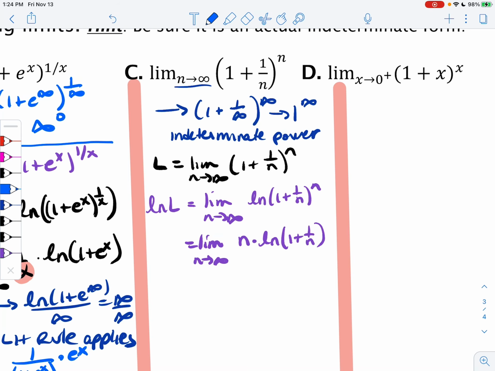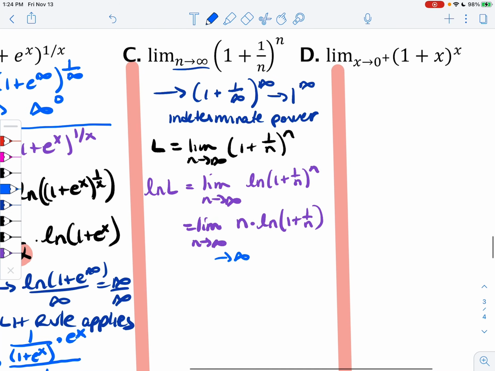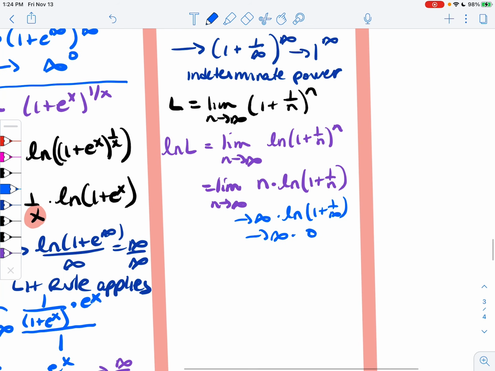I want to see where that is going. That is going to infinity times the ln of 1 plus 1 over infinity, which is infinity times 0, right? Because the ln of 1 is 0. So we have an indeterminate product. And so what do we do with that indeterminate product? We take the n downstairs to the denominator. And here I go with that. So this is going to equal